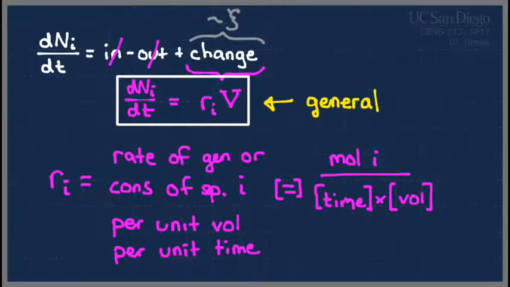What I mean by general is that we usually use this if V is not constant. If V is not constant, you're kind of stuck with this particular expression because chances are V is going to be a function of the moles of I, and you're going to have to deal with it somehow. Or at the very least, you'll have to start there in order to deal with it. If V is constant, though, we have a slight simplification to it. So if V is constant,